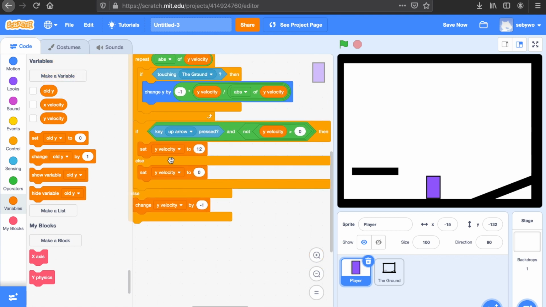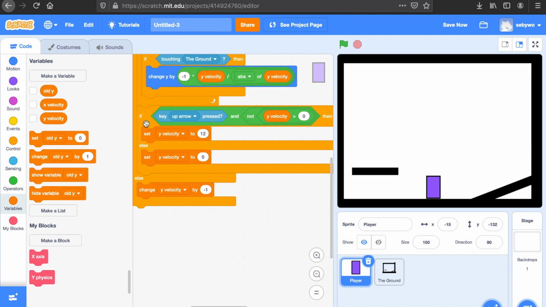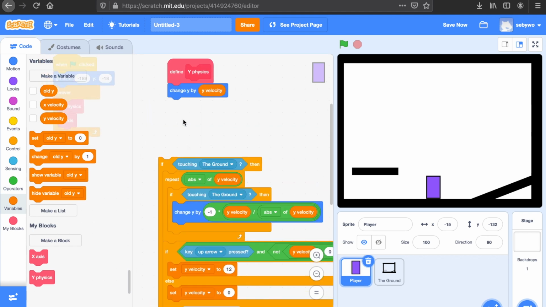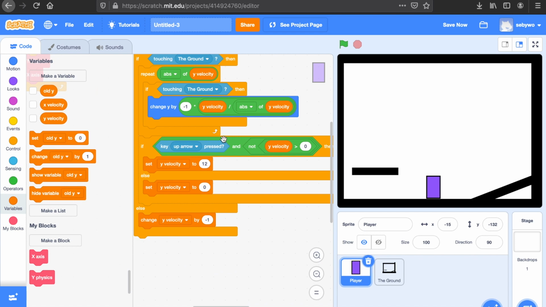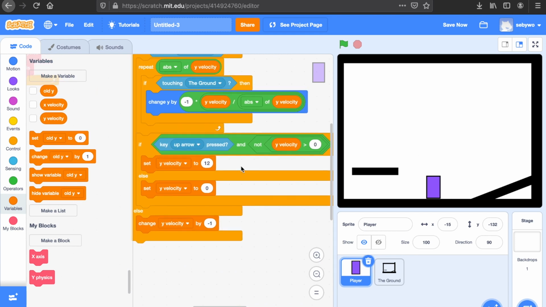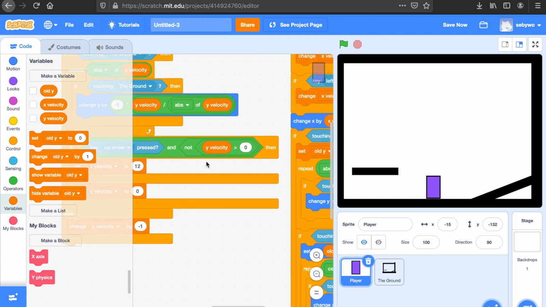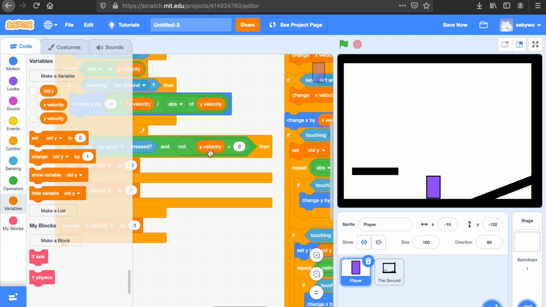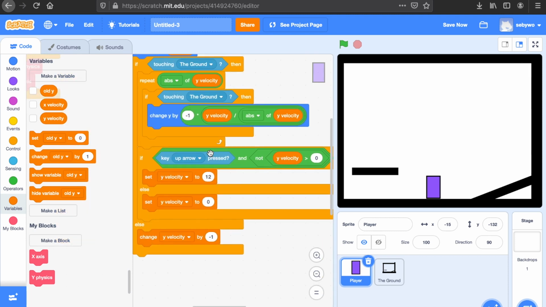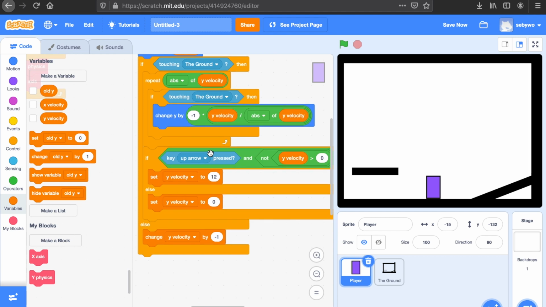So next up is jumping. We only want to be able to jump when we're touching the ground. That's why it's inside of this if touching the ground script. Otherwise we could double jump, triple jump in the air. It wouldn't really make sense. So that's why that's inside of here. However, we only want to be able to jump while y velocity is positive. Sorry, while y velocity is negative. And that's for the simple reason that,